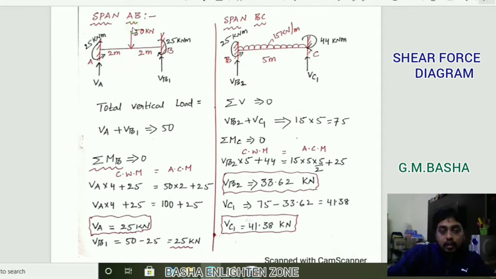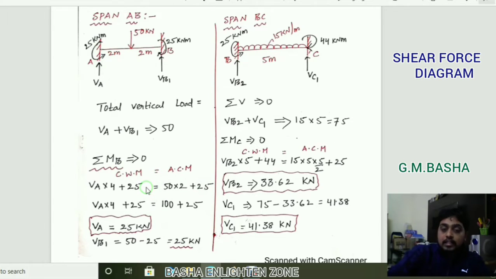So see here, 50 into 2 moment up to B. 50 into 2, force into distance, is the moment. 50 is acting here in the anti-clockwise direction up to B, so therefore I am taking 50 into 2 in the anti-clockwise direction. Then whatever the moment at the A position is acting in the anti-clockwise direction here, this is the negative moment acting anti-clockwise. That is the reason I am taking plus 25 here. Why I am taking plus means already I am taking the equal sign here.